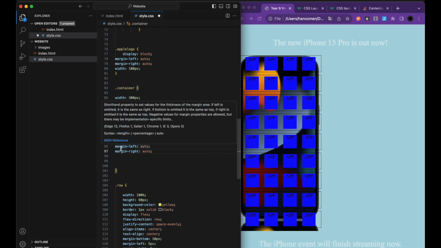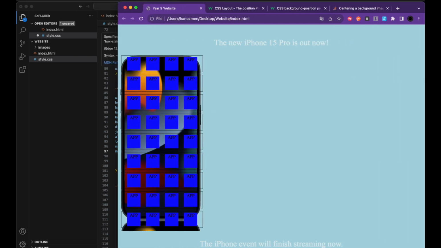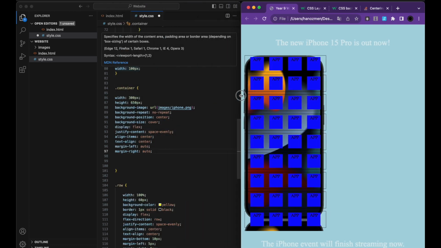So if you wanted the iPhone to be on, it's currently on the left side of our website. If you wanted it to be on the right side of the website, you could say margin right 0 pixels, and that would ensure that this is on the right side and things like that. If you wanted it to be 50 pixels from the right, you could say margin right 50 pixels, and that would put it over on this side and give you a bit of a gap there. But what we're doing is we're setting the margin left and right to automatic, which should push it to the